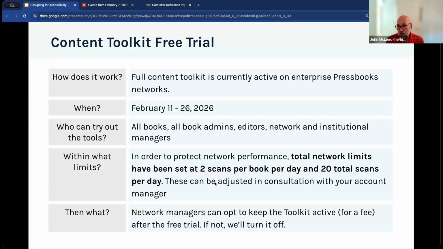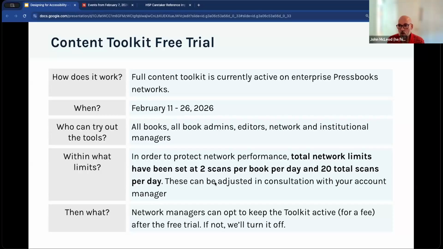In order to protect our network performance so that the scans don't affect readers at all, we've limited the total number of scans to 2 per book per day and 20 total scans on a network per day. So we can adjust these.